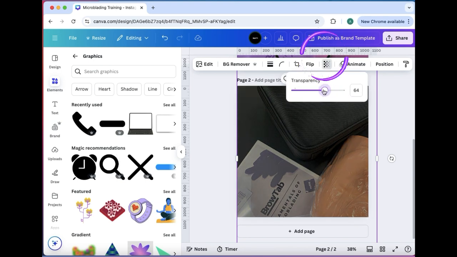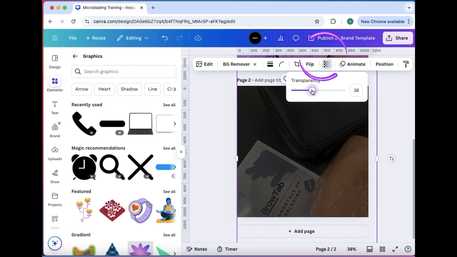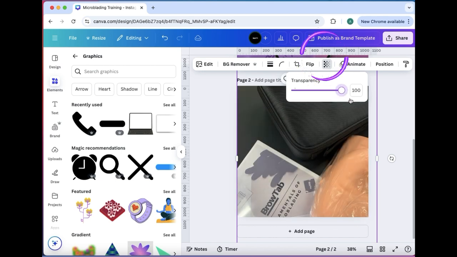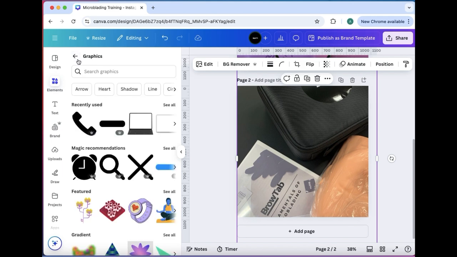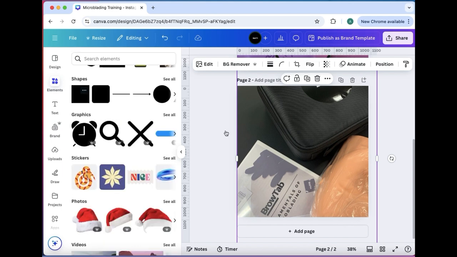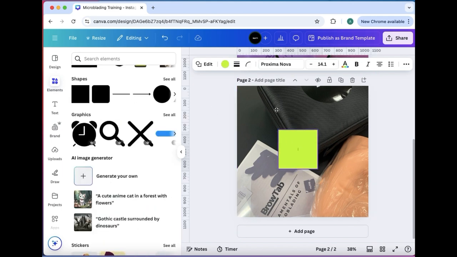Okay, and finally, let's create your own post using layers and transparency. So you've loaded in this same photo that you want to use for microblading training, and then you're just going to click on that one and play with the transparency itself. So you can make it look more see-through with the transparency app. So it depends what you want to add to it, what you want the background to be. If you want it super potent, or you want it to be